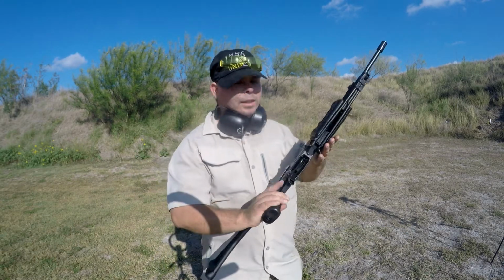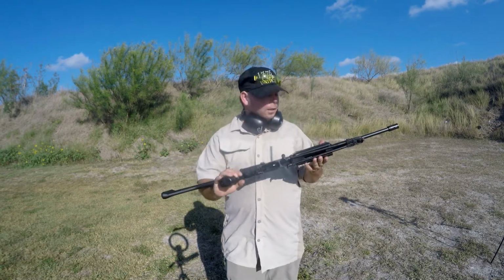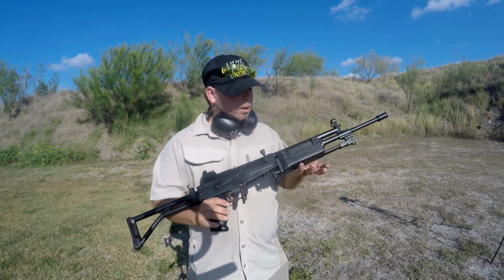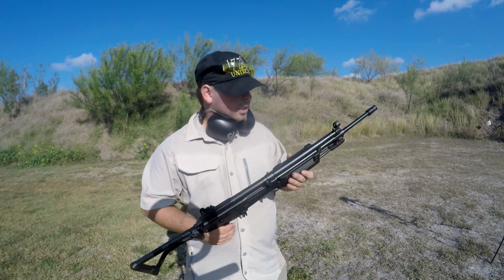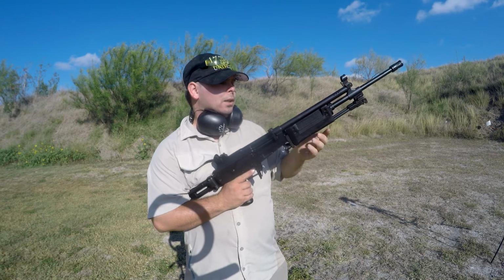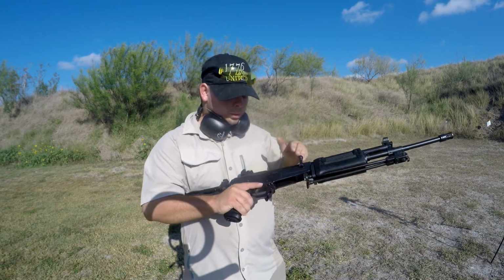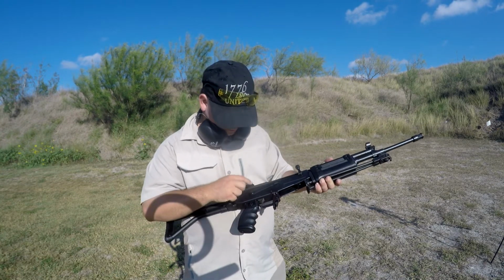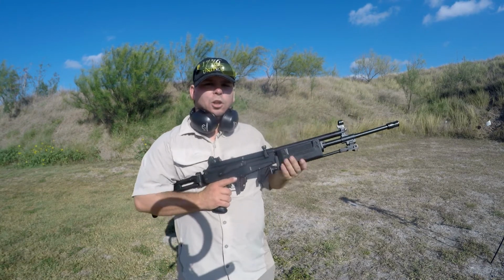Alright guys, today we're taking a look at the Galil. This one here is a James River Armory remake. They produce these out of parts kits. So essentially the gas and sight block, the foregrip, bolt, not the fire control group I don't believe, top cover, stock, a lot of that stuff's all surplus parts out